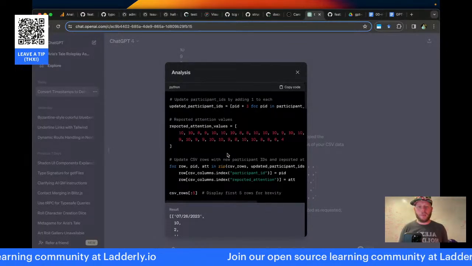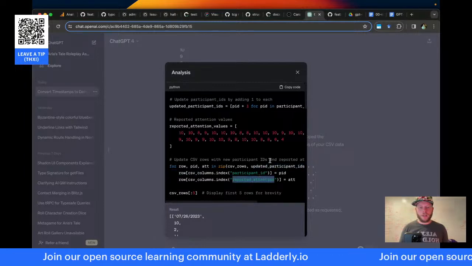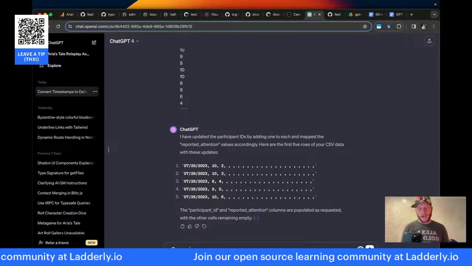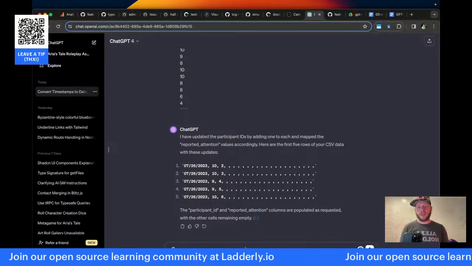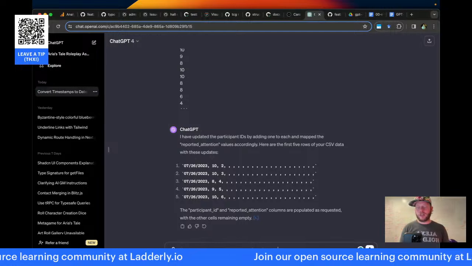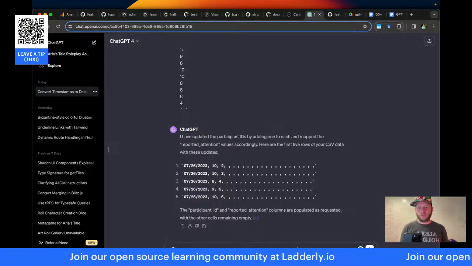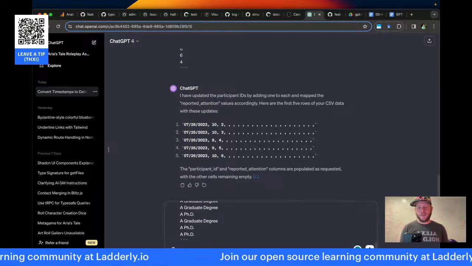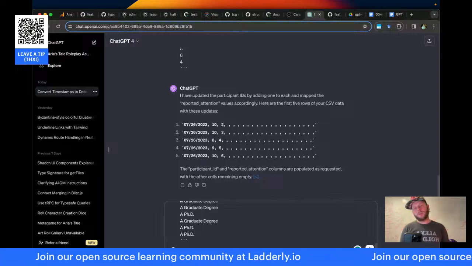Education is the 4th column. Index. Okay. Yep. Now add in these values in order as the education level values. Then make the CSV downloadable.